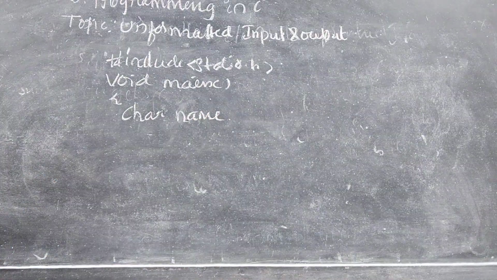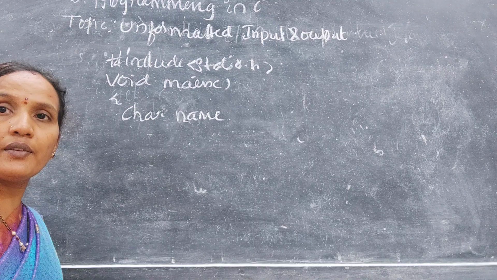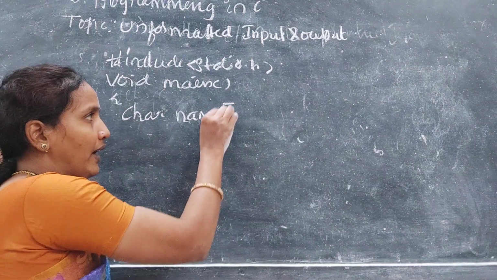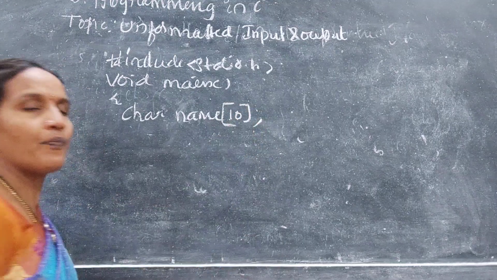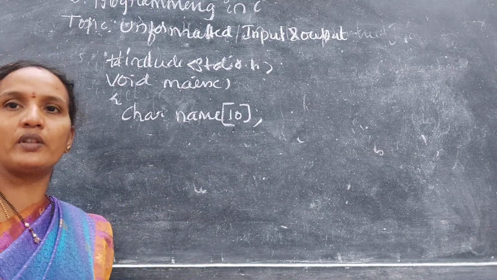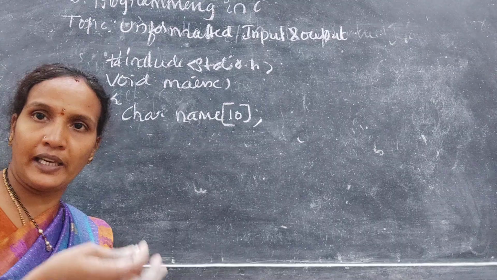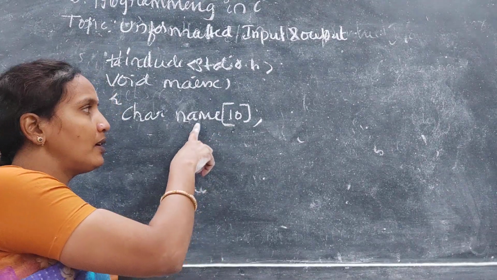If it is only a single character, then we'll use the getchar function. But here we are taking multiple characters, a string. So what is the maximum number of characters, for example a 10-character string I want to take. This is called the size. This is called an array: if you are storing more than one value of the same data type in a single variable, then we'll declare it like this. Okay, here it is only a variable.